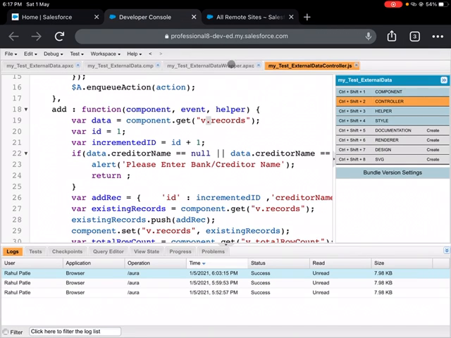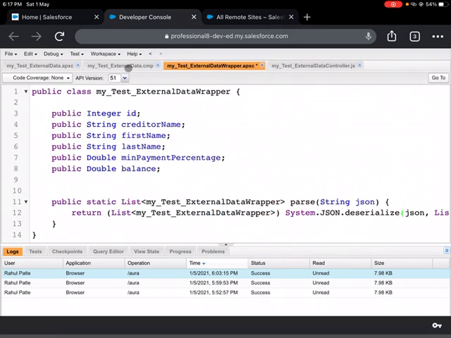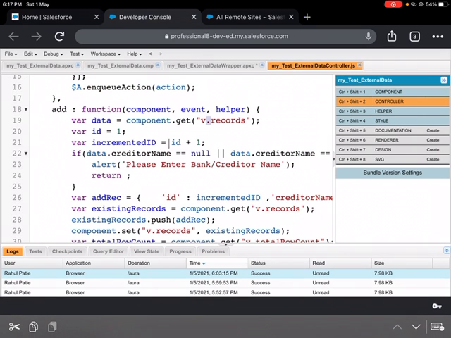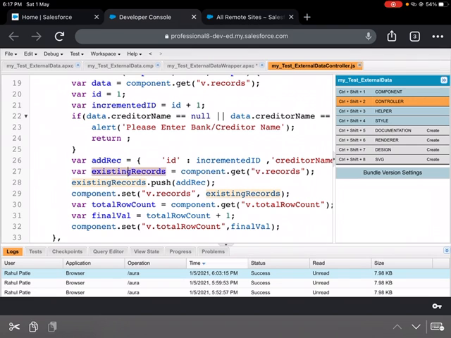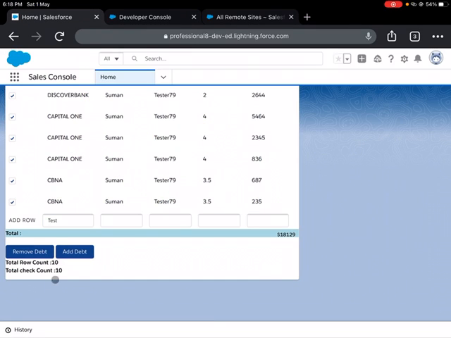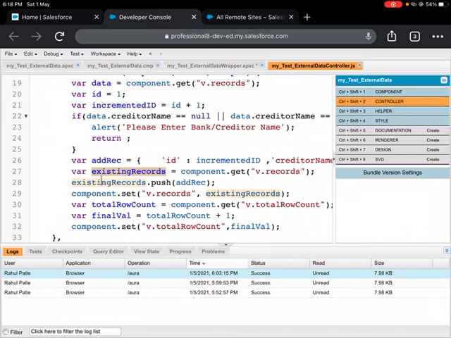So here, let me go to controller again. Yeah, so here once I create the set of 1 record, I am just getting the existing records whatever is available, like 10 records are available right now, so I'm getting all those 10 records, and on top of these 10 records I'm just pushing my newly created record here, which will add that array into these existing records.